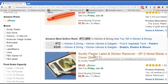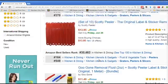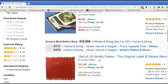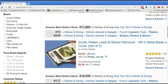And they have a 3-piece, here's a set of 2.9. They used to be like a 3-piece for $11.99, but I guess they don't have that anymore. So this is a really good one. These are really sharp, but they take labels off really easily. So I usually like to get some Scotty peelers, and my